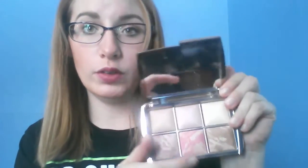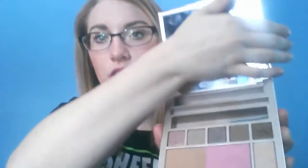As you can see, I'm wearing blush, bronzer, and highlighter. I have been bouncing back and forth between my Naked on the Run palette and my Hourglass. With Hourglass, I've just done the bronzer for obviously bronzing, and I've used these two shades for the blush, and then I just literally take my brush and swirl it in all three of these to give me a highlighting effect. And then if I don't want to reach for this, or this just happens to be closer at hand, I just use